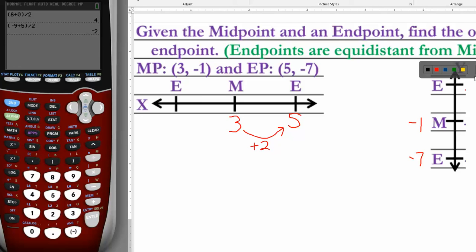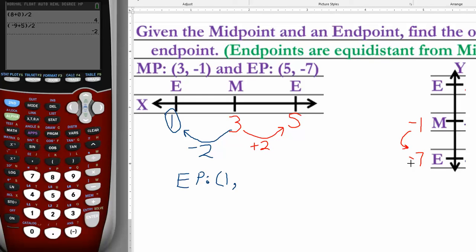So in order to counterbalance that, to find the other endpoint, we should go the other direction and we should minus 2. Resulting in 3 minus 2, which is 1. So we know the x-coordinate of our endpoint has a value of 1. And now let's check out the y. To go from negative 1 to negative 7,